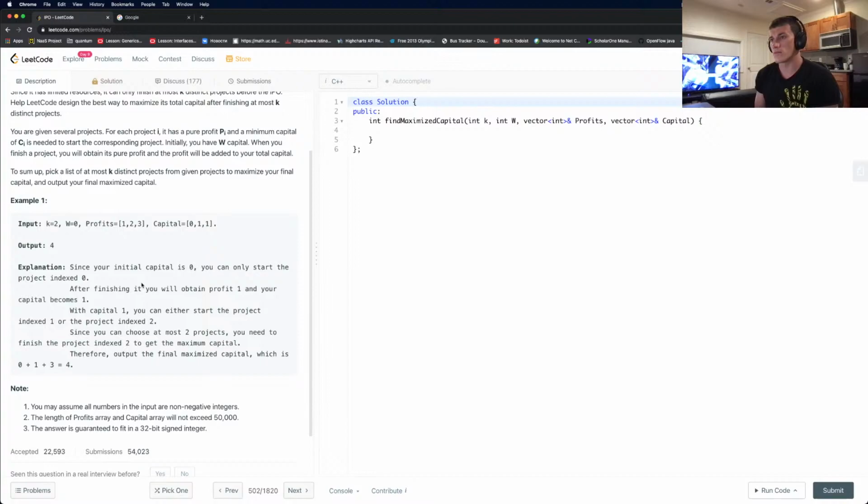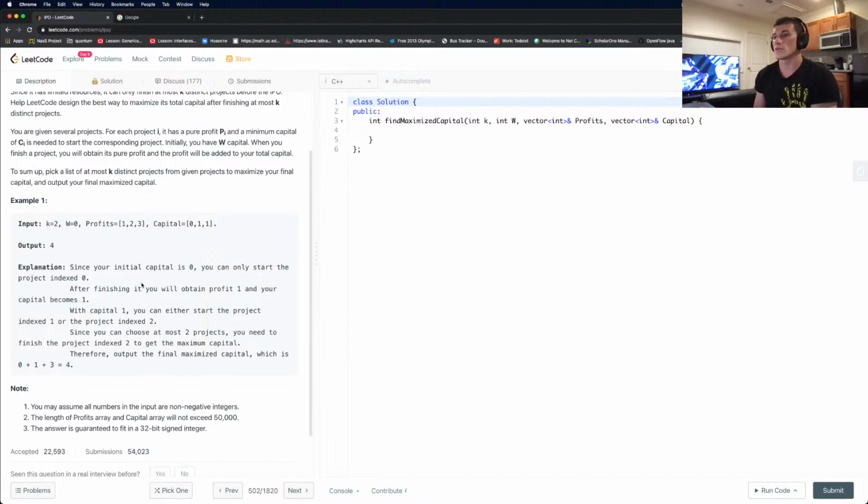Index 0. After finishing it, you will obtain profit 1 and your capital becomes 1. With that capital, you can either start the project index 1 or the project index 2. Since you can choose at most 2 projects, you need to finish the project index 2. So it will be 3, right?